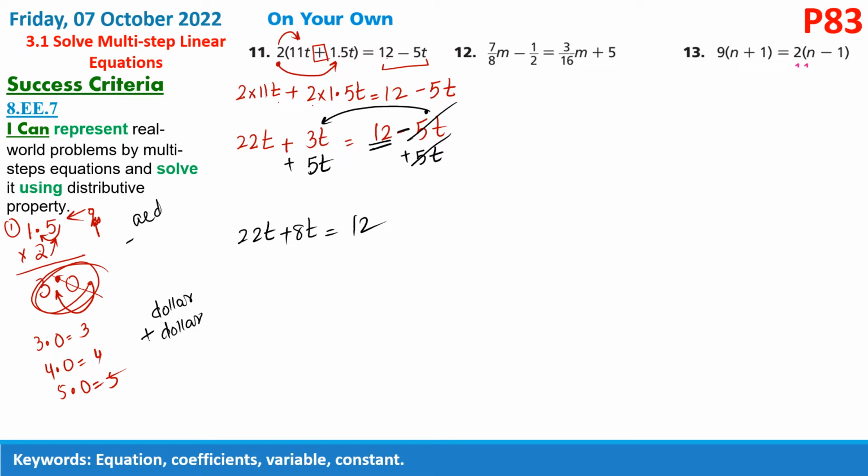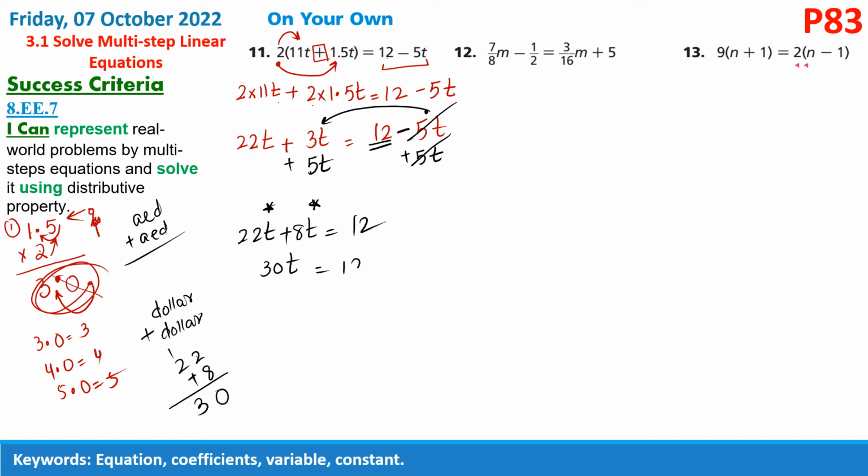Dirham plus dirham gives you also dirham. So similarly, if this is t, this is t, you add them. 22 plus 8. So 22, 8 plus 2, 10, 0 down, 1 up, 2 plus 1 is 3. So it will give you 30t equals to,